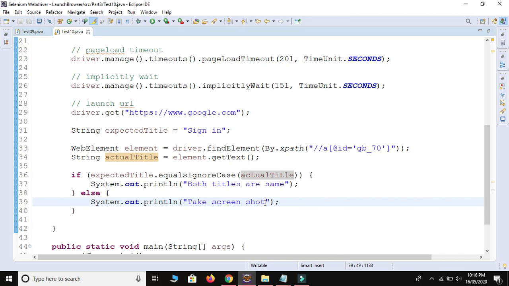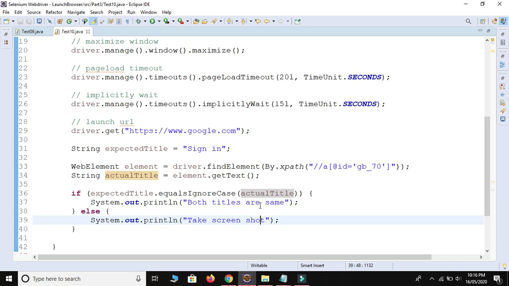After the execution of this code I will write the code for how to take the screenshot. Let me save. I have called this method inside the main method, so let me run. I have written the same value, so in this situation it will print both titles are same.